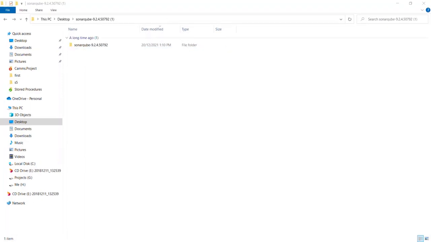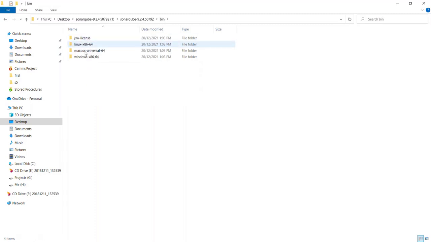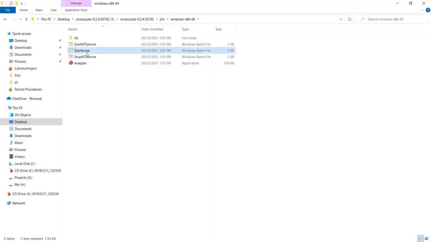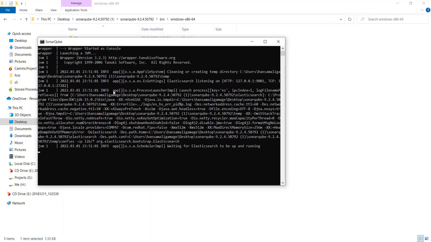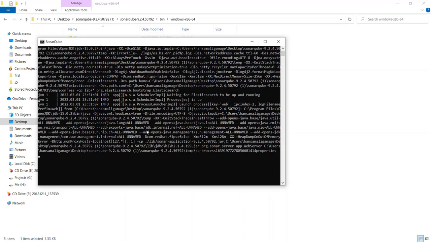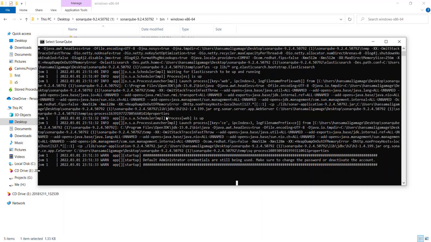Okay, then let's again go to the downloaded directory of the SonarQube server, that's here. Let's move into the bin folder. Since I'm going to install this SonarQube server in my Windows machine, I will move into the Windows folder, and you can find this start sonar bat file. So let's double click on it. It will try to start the local Sonar server. You can see the logs, it's starting. We'll wait for a moment. Once you see the message that SonarQube is up and running,